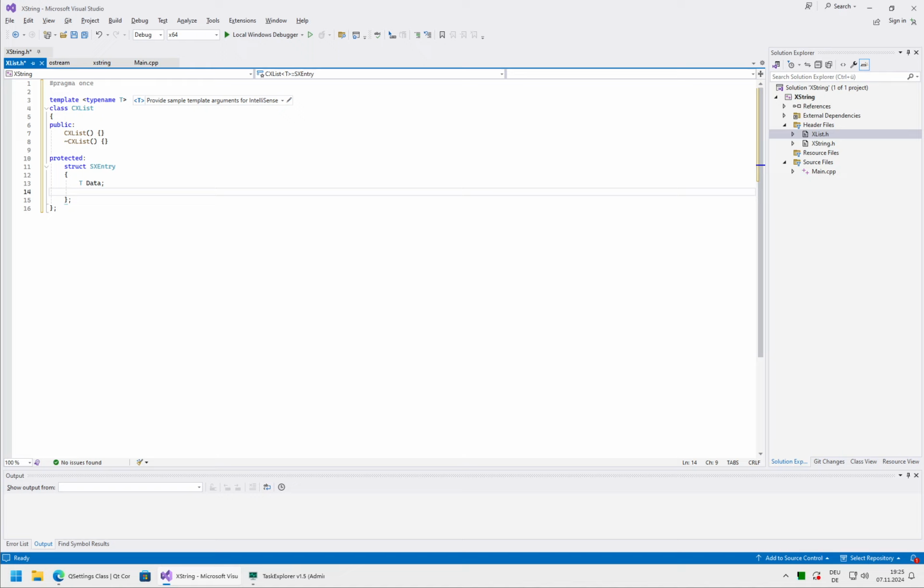This would require a different sort of data type, but I think for now let's go with this, and if we want a different data type we can then implement an xvector later if we have enough time. That would give us the ability to address elements by index. So we have data, and then we have our p next, and as I said, we want to make it a doubly linked list later, so there will be a previous pointer as well, but for now we will not do anything with it. And we of course always initialize everything to be on the safe side. So our